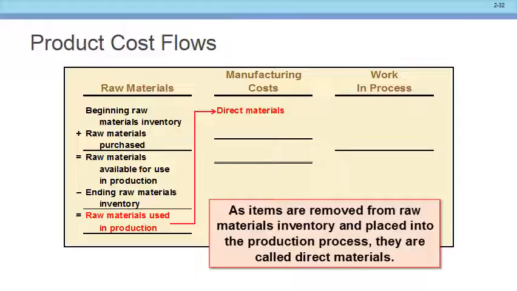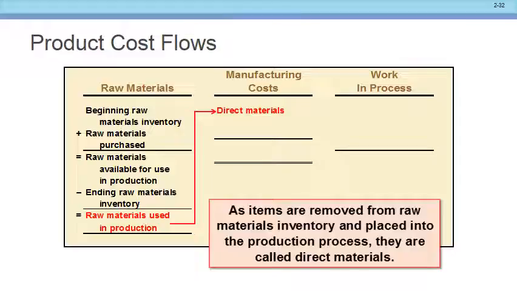Because in the exam, I'm not going to say, just give me the raw materials that were issued to the other department. I'm going to tell you the amounts that were issued to the other department, and then the stupid question is going to say, so what was the purchases of raw materials for the period? And that's when you're going to kick in this approach that I've written up here on the board so you can work your way either up or down to figure out what we're asking for. And we're going to practice with that here in a little while to look at a couple questions that will require you to be able to do that.